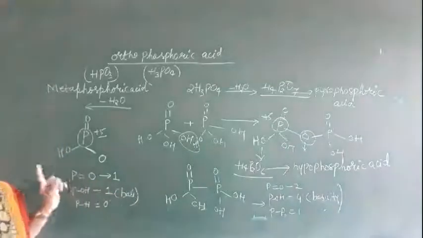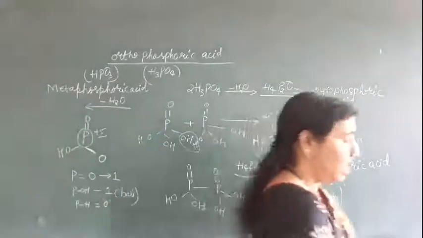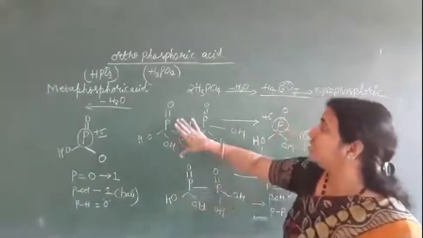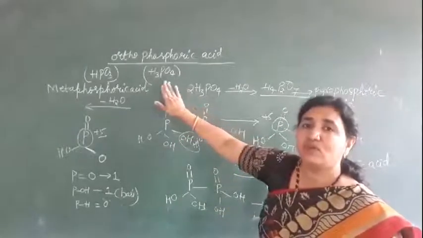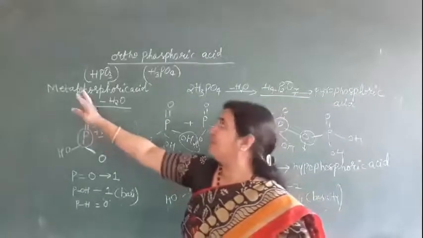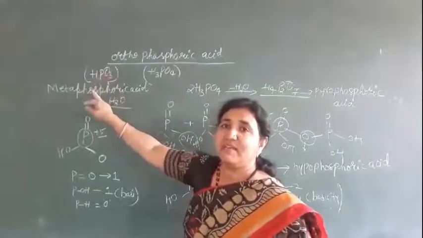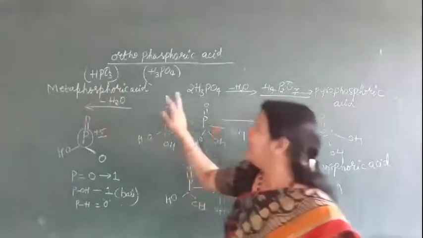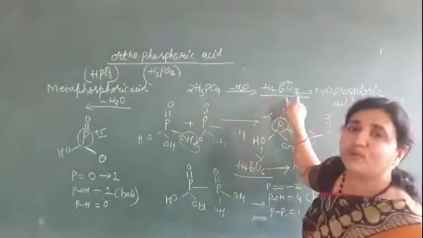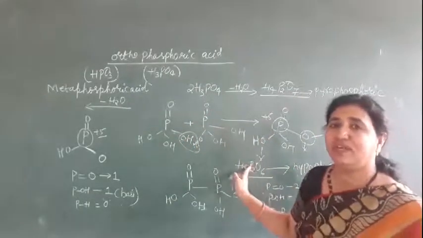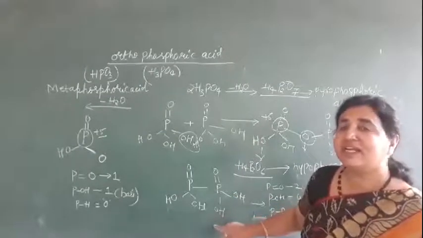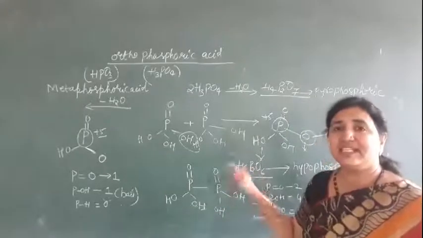So see here, for orthophosphoric acid we have 4 acids. How many? 4 acids. Important it is. So first is H3PO4, orthophosphoric acid. If you remove the water molecule, then we will get HPO3, named metaphosphoric acid. When 2 phosphoric acids are added, we get the formula H4P2O7. This is called pyrophosphoric acid. From this pyrophosphoric acid, remove one oxygen, then we get hypophosphoric acid, that is H4P2O6.